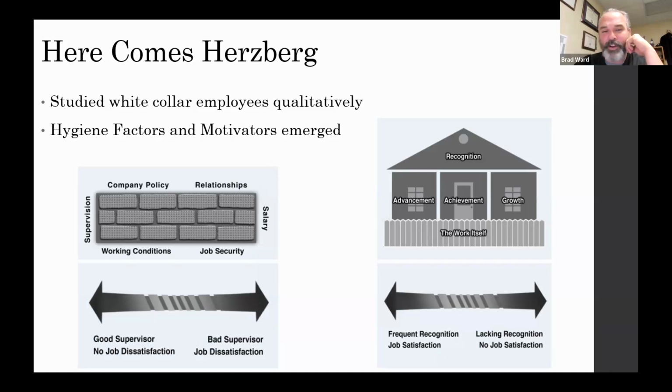Salary he puts there, and here's why I would argue he's correct, but I don't think any of these are perfectly dichotomous. For example, how many of you are pumped about your salary six months later? Most of us are looking for cost of living minimum, which obviously is important, raises and so on, but nobody gets thrilled about their salary after it happens. I've worked with engineers who were like, if I only had 50 cents more an hour. And again, I'm not saying that they didn't deserve it, but long story short,